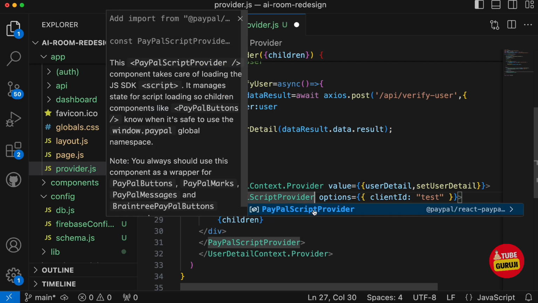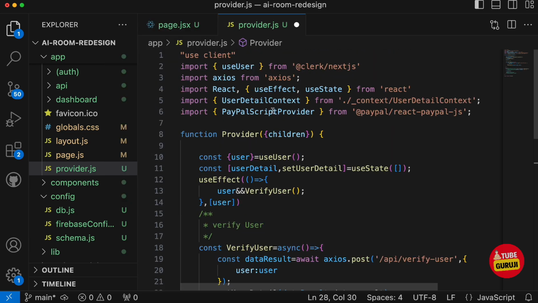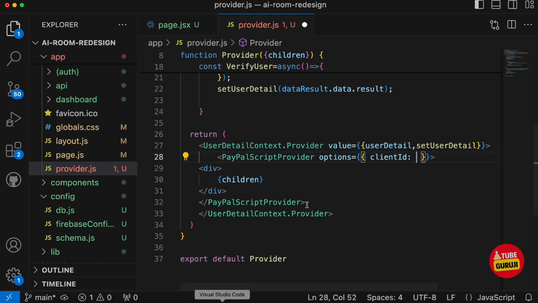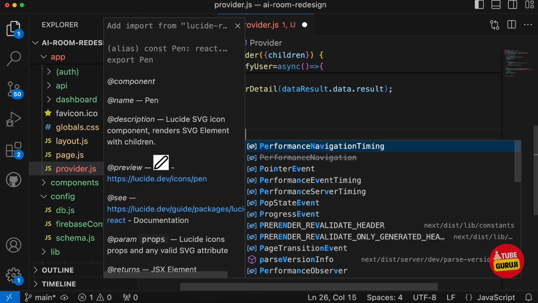Okay, and make sure to import this PayPal script provider. Make sure to import that one, and inside the client ID we are going to provide the actual client ID. So go to the